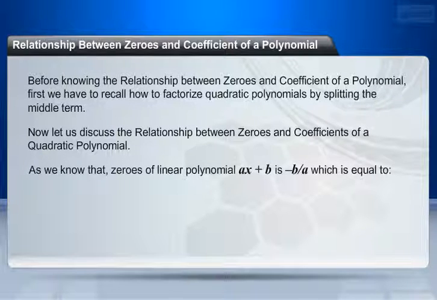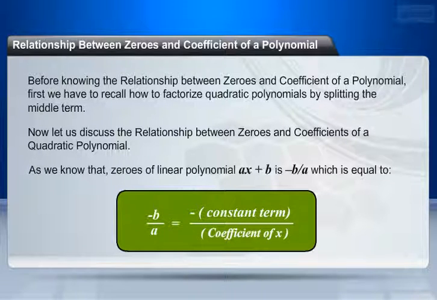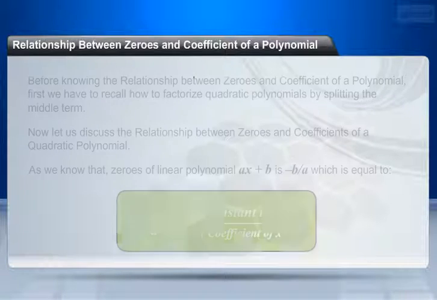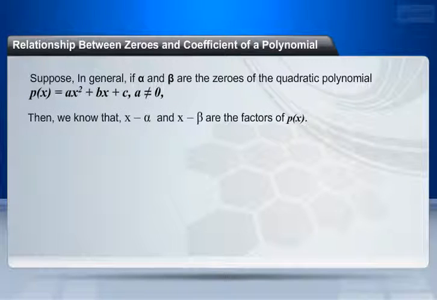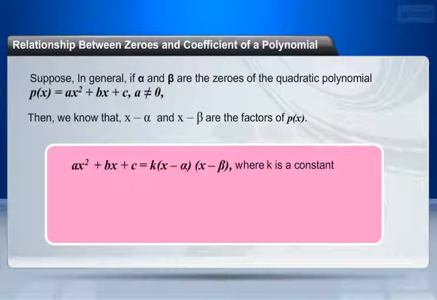As we know, the zero of the linear polynomial ax plus b is minus b by a, which is equal to minus constant term by coefficient of x. Suppose in general, alpha and beta are the zeros of the quadratic polynomial p of x equals ax square plus bx plus c, a is not equal to 0. Then we know that x minus alpha and x minus beta are the factors of p of x. Therefore, ax square plus bx plus c is equal to k into x minus alpha into x minus beta, where